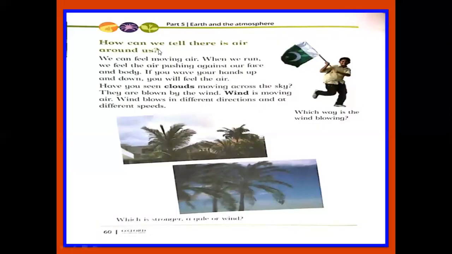Now, how can we tell there is air around us? First of all, in the first page, you have studied about air. Air is a composition, a mixture of different gases. How can we see air? We can't see air. We can just feel it around us. But the question is: how can we tell there is air around us? You can tell